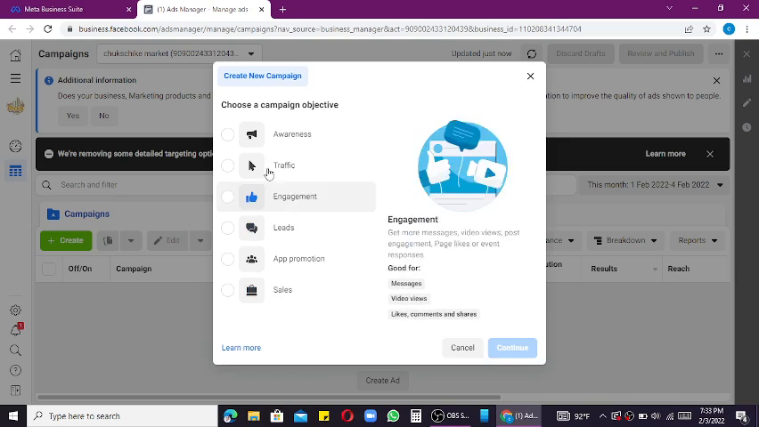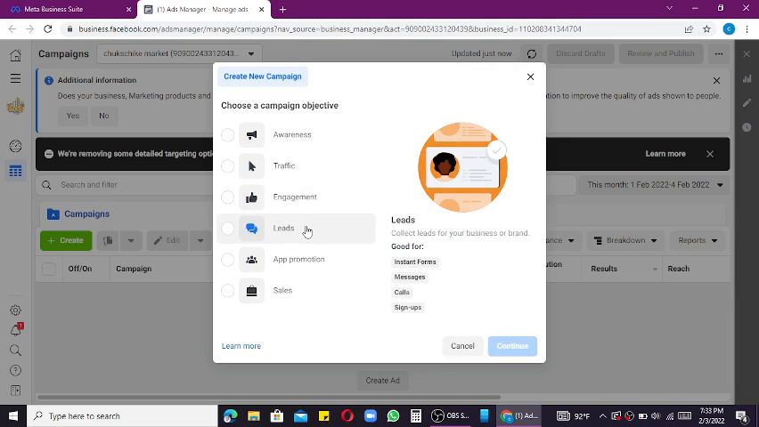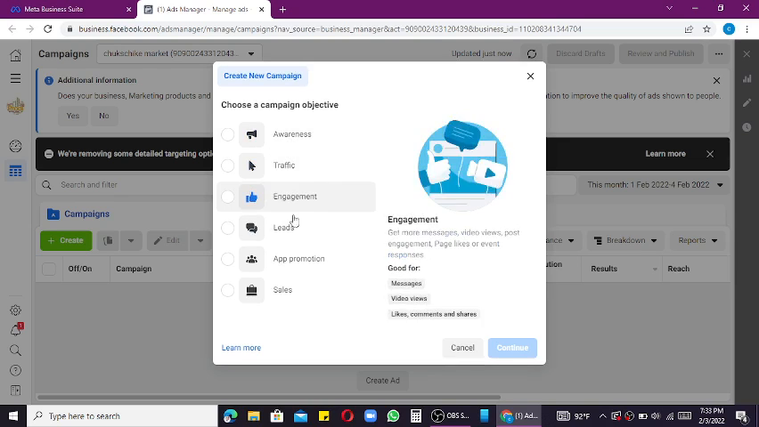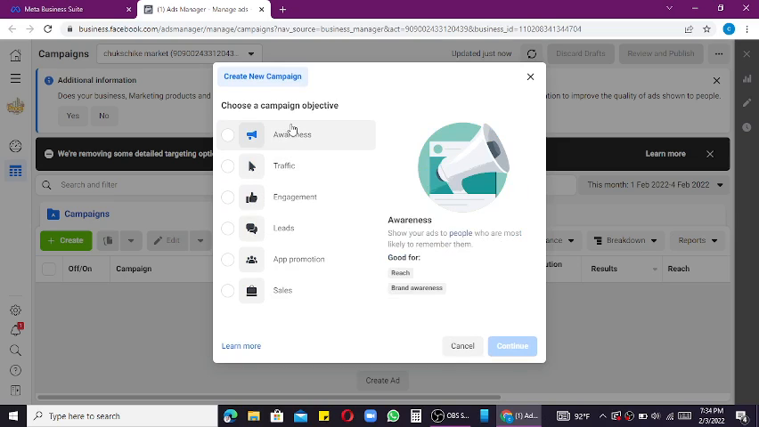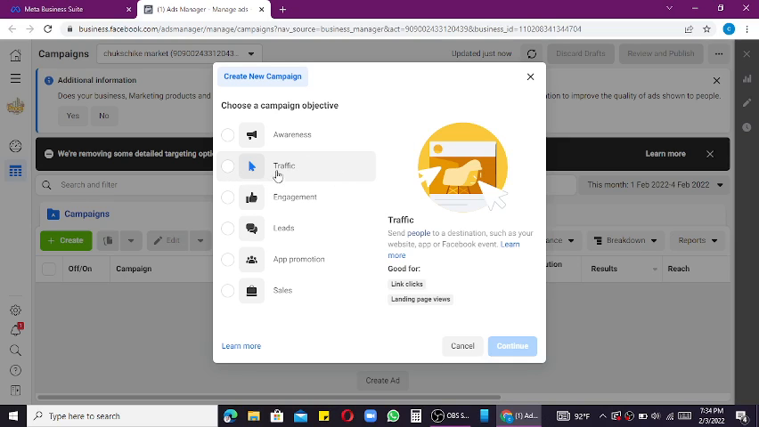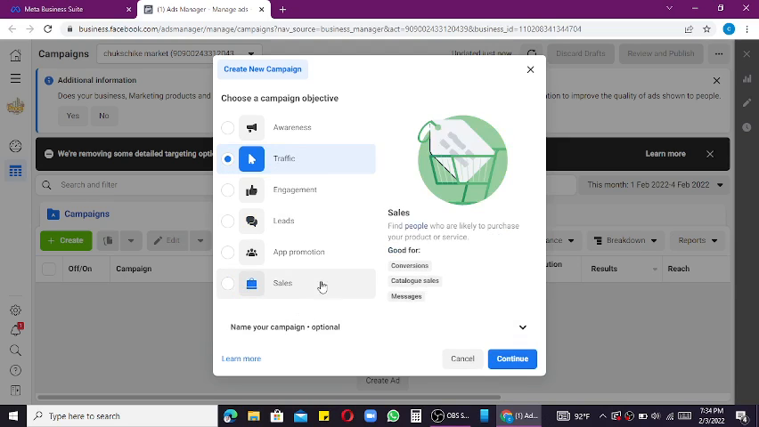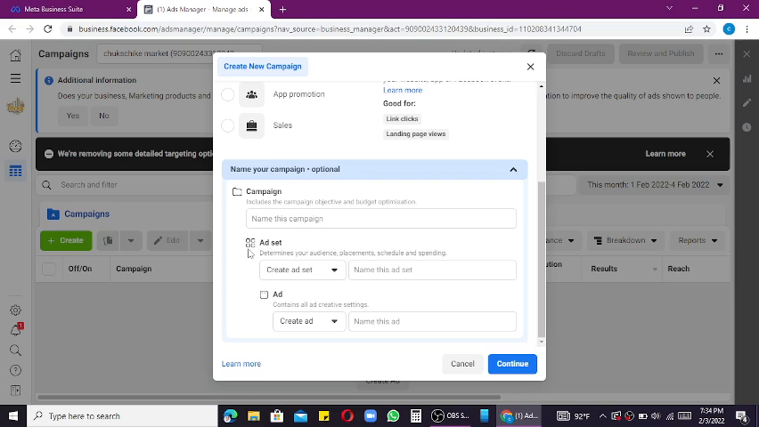So each of these ad objectives has its own way. So for the sake of this particular tutorial I'm teaching you now, we'll be going for traffic. Let's click on traffic. Then when you scroll down, you click on this arrow down here, you name it. Maybe you want to run an advert, maybe you want to sell, let me just use for instance, let's say